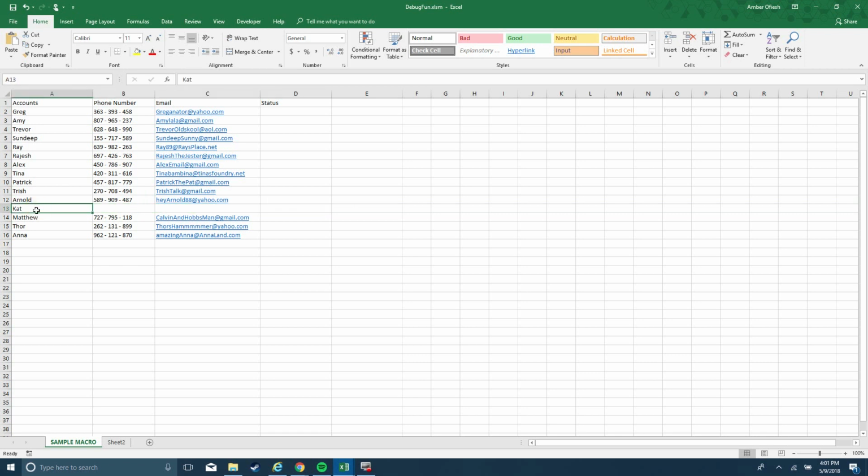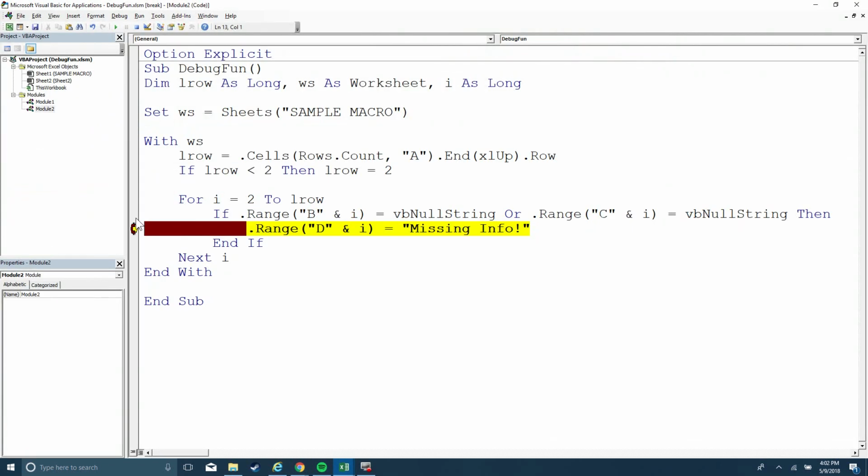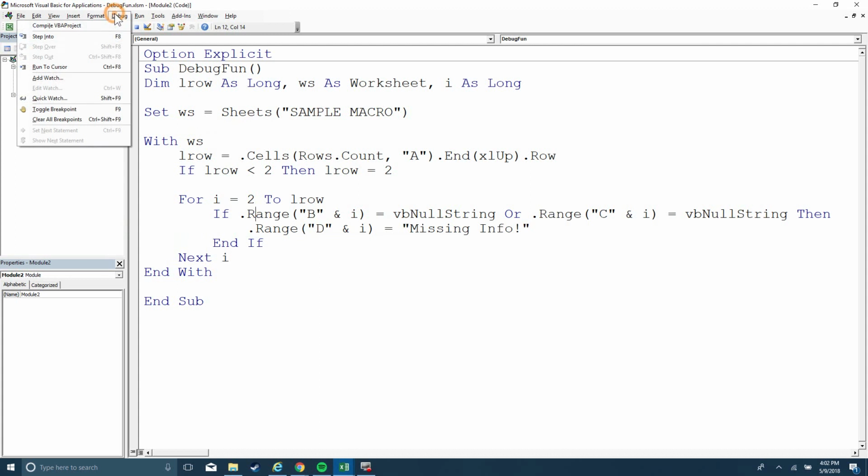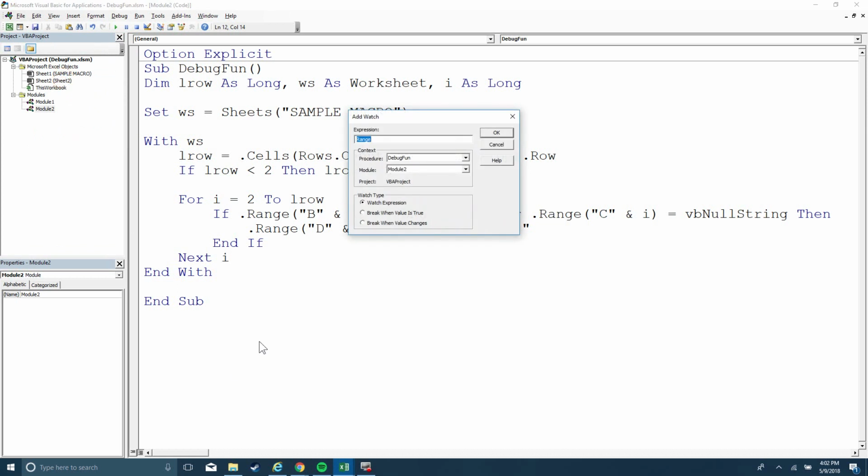But what if randomly I wanted to say, I don't really care a whole lot about the if statement. I just want to see what happens when I get to the record that says Patrick. And so in that case, I would want to use a completely different set of tools. And luckily, Visual Basic does create these sort of debugging tools. If you go to debug, it's a menu up at the top, and you click on add watch. What this does is it gives you the ability to watch different variables and data as it's flowing through your